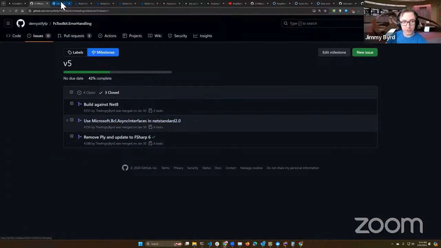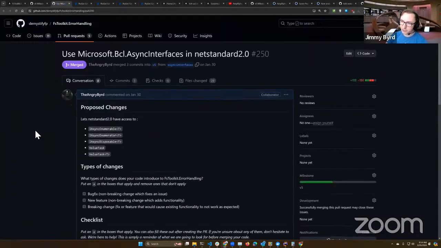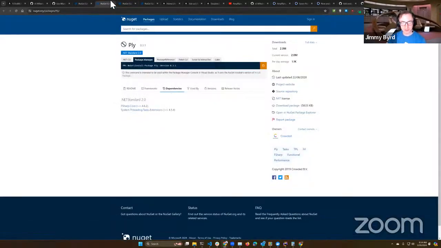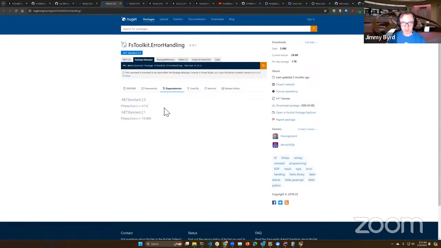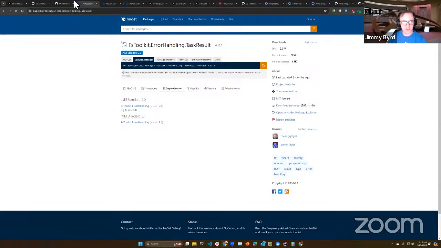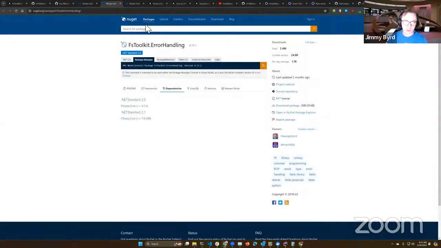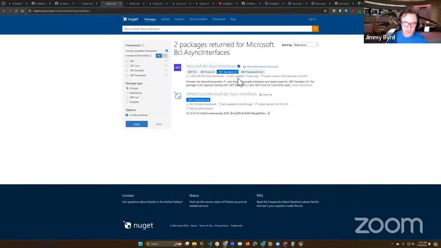One of the other changes, this is kind of a breaking change, but most people probably won't notice it at all, is that I'm also adding the Microsoft BCL async interfaces to netstandard 2.0. When you look at the dependency graph here, it's just on FSharp.Core, but we're also going to be adding this library, which is Microsoft.Bcl.AsyncInterfaces. If we take a look at what that is here,